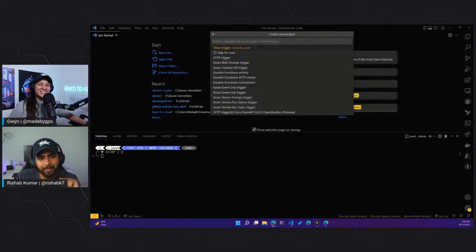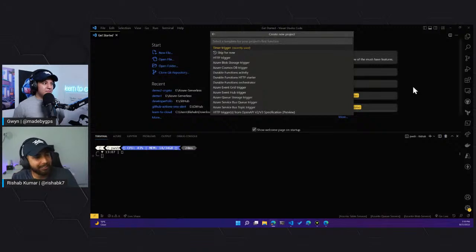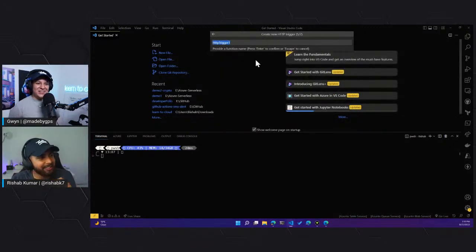But I ran into an issue with, I think, my local emulators, because when you debug, there's blob and queue service. There are a few emulators that need to be running on some ports, and for some reason they were not working, and I couldn't develop that. So we'll go with HTTP trigger, which is, I think, the simplest one.